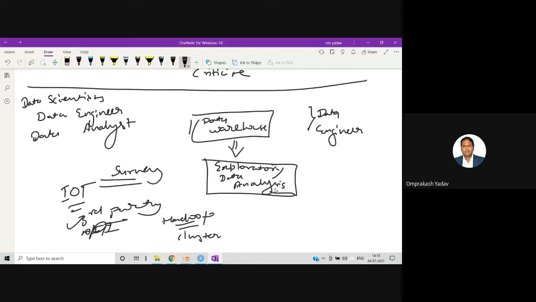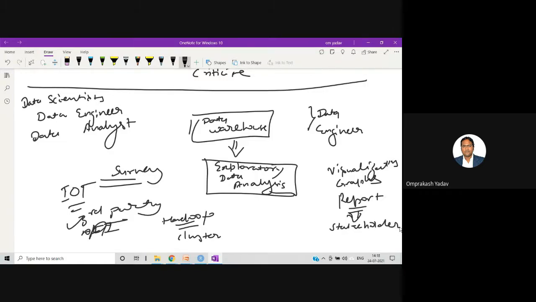So exploratory data analysis means what? We can explore the data and then do the analysis of that particular data, and we can find out certain things from the data. We can view it with different visualization techniques. We can plot graphs to view this data, and we can prepare a nice report of the entire data and then give it to the stakeholders.